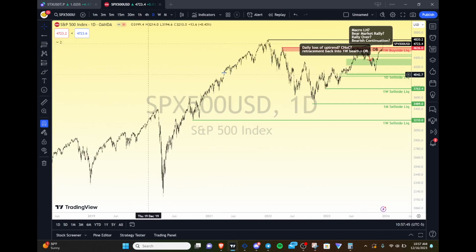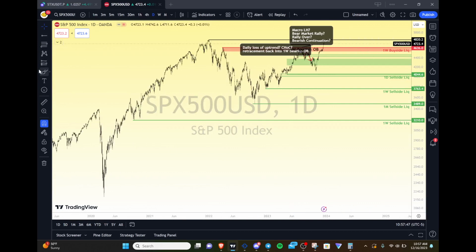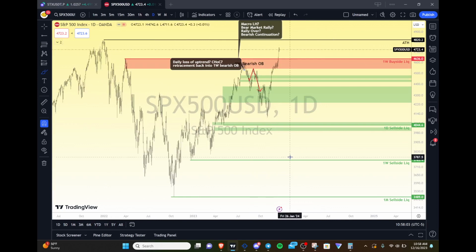And if we actually zoom out here, if you can see it, we're actually getting a continuation structure here, a nice continuation cup and handle structure that if this plays out fully, we're going well beyond 5,000 and we're going into the 5,500s and potentially even higher over the coming years. So this is a very, very interesting time, and in my monitoring of Twitter and YouTube and a lot of other social media, a lot of people are on the wrong side of this market. So I don't think we're really getting flushed with a lot of dumb money. I actually think a lot of dumb money is still in doubt. So this is again another great sign that this is just the beginning.